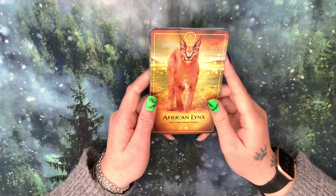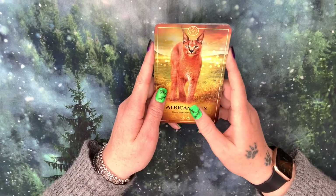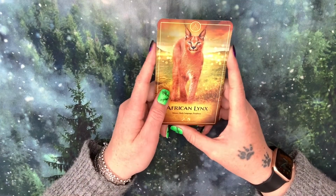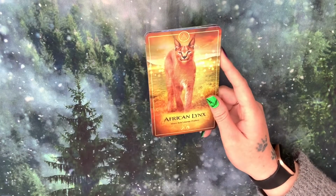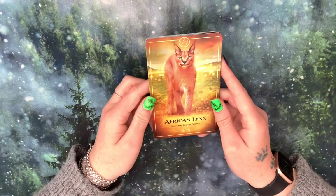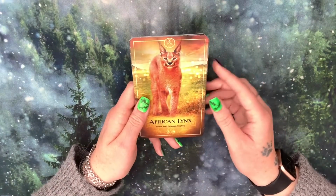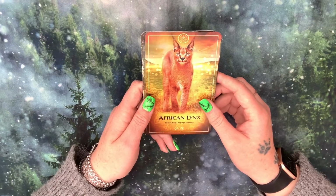So this is the first booster pack that you get when you purchase them. This one is called the Mystery Pack. So each of the packs has its own individual title and theme, and she is going to be bringing more of these out as time goes on. She's said on her live chats on her website that there's so many more animals that she wants to include. So the oracle deck could get pretty big, guys,